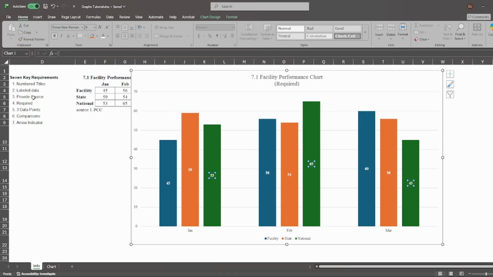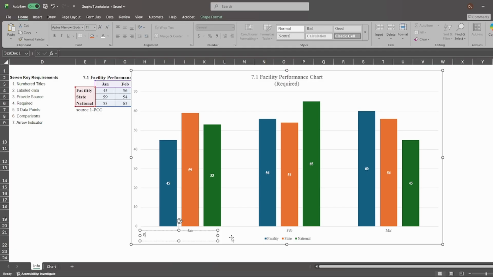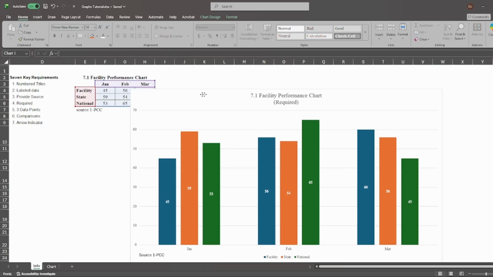Going next down the list, provide our source. What we're going to do here is on the Home tab, we're going to move over to the Insert tab, and we're going to go ahead and add a text box. Again, we need to make sure that the chart is selected. Because if I do that and I come over here and I type in source, sorry for the clicking noise, and I put that to where I want, when I select off and select it again, notice it's now moving